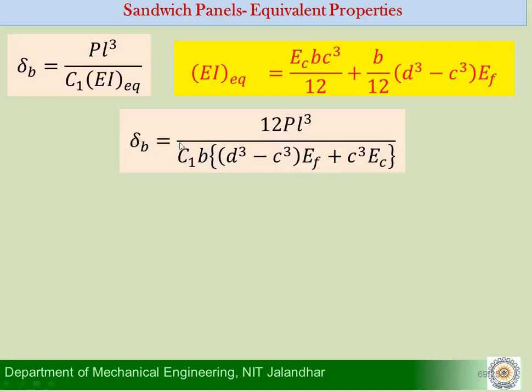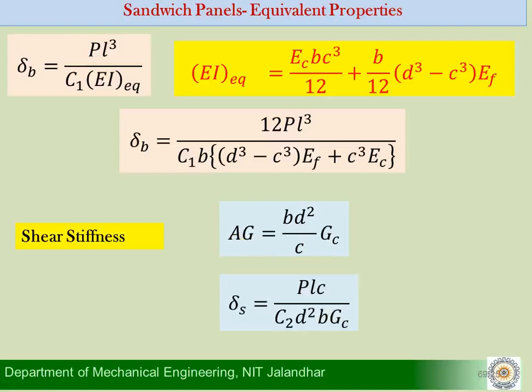Keep it in mind that the total deflection was the sum of delta B plus delta S, and we have written only delta B for the time being. Then I will go through the shear stiffness, the delta S part. For that purpose I need to first find AG. AG here is equivalent to EI. EI is bending stiffness, AG is shear stiffness, and AG is written as BD square upon C into GC. GC happens to be the shear modulus of the core material here, which then gives me the value of delta S, that is the deflection because of the shearing term, as PLC upon C2